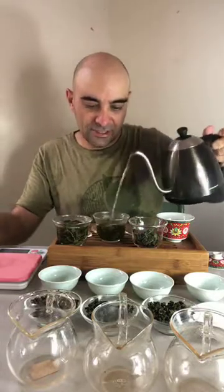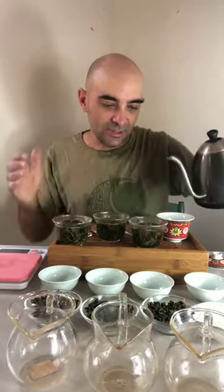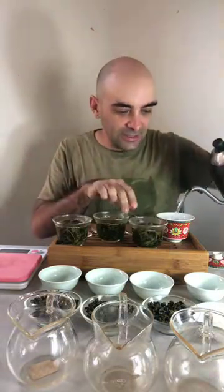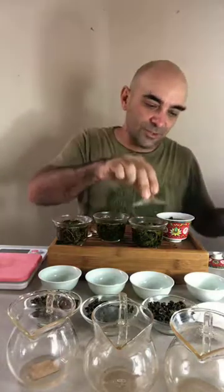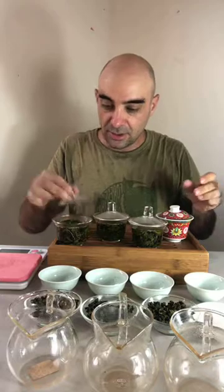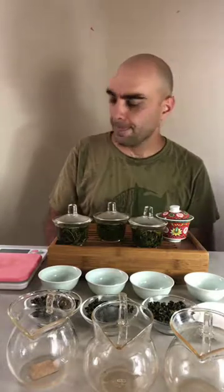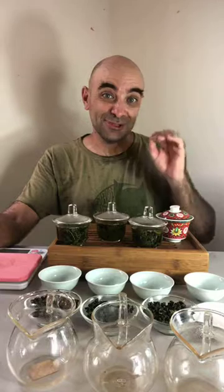And for these 2 teas, the second steep is going to be one of the better steeps going into the third steep. I haven't had these teas side by side before, so I'm curious to see what happens with the snow tea and the winter tea with the second steep, because I don't really remember what happened. But we'll see what happens anyways. I know that the third steep and the fourth steep is just